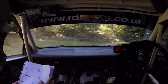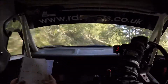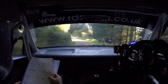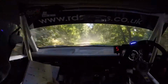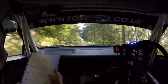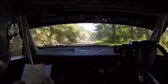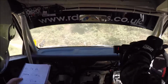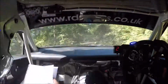Then 8 right tightens over crest, into 5 left in. Then 1 left into 2 right line, then 2 right, 150, 2 left, 100, small crest, sudden sharp hairpin left. And 4 right in, then 2 left,